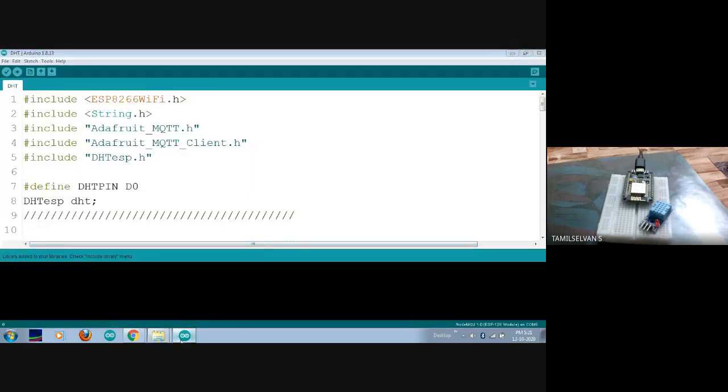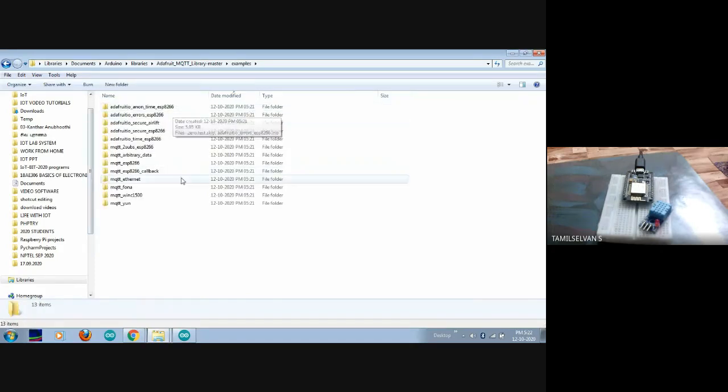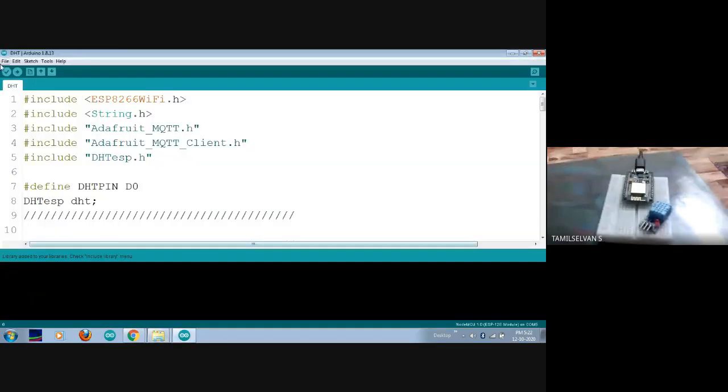Both the libraries are available in a single package, and you must ensure that in addition to the .h file, you also have a .cpp file. Sometimes while downloading from GitHub, they will provide the .h and not the .cpp file. Only if you have both the files will it work, so keep that in mind. How to use this particular library will be explained through some of the example programs here. This template you can also use for your future purposes, and the same will be available in your file also.